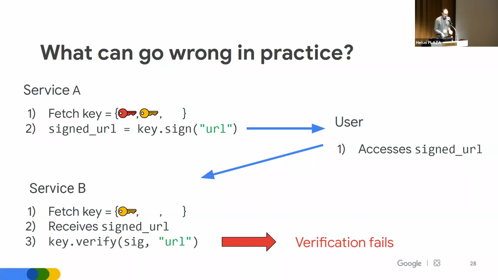This might look very trivial, but actually there are a lot of different root causes why this verification might fail. The obvious one is that service P fetched the key set in a different state. But this can also happen because maybe the KMS didn't propagate this key set state in a timely fashion. Or maybe service P is fetching the keys at a different time point than service A. It's also not possible for the service to fetch the key set on each operation, because this would add a lot of latency. Also, maybe the user holds the URL for a long time and the key set changes in the meantime. So there are a lot of different ways this can go wrong in practice.